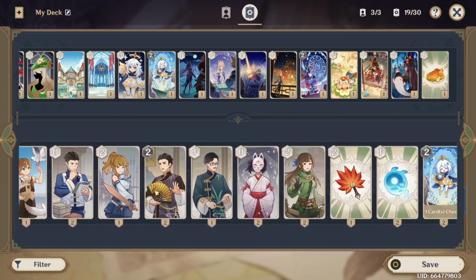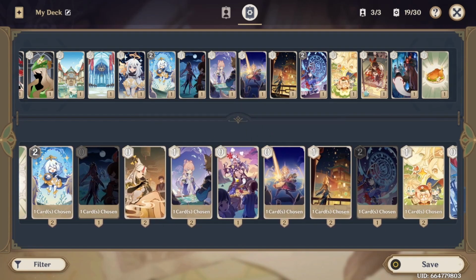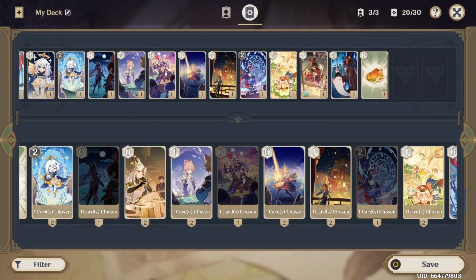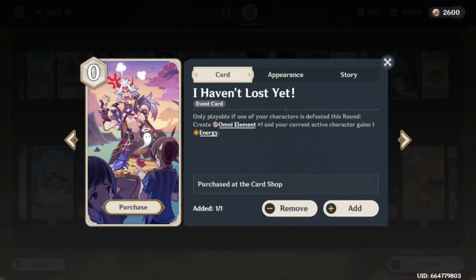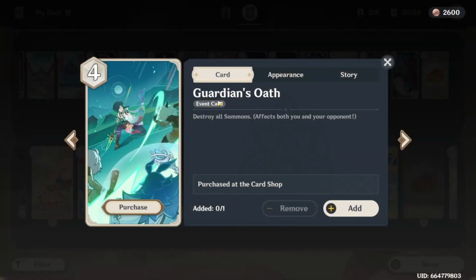You're basically looking to add in cards that, for example, I Haven't Lost Yet here. Only playable when your character's defeated this round, which is very rare. Like, you're actually playing this card and it's not towards the end of a round, and you produce one Omni element and one energy. Not beneficial necessarily, but at this stage when you're probably losing your cards, this can come in handy in a clutch moment. And there is counter synergy with Guardian's Oath here,